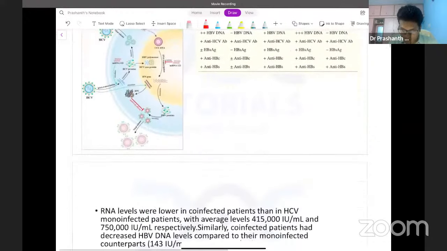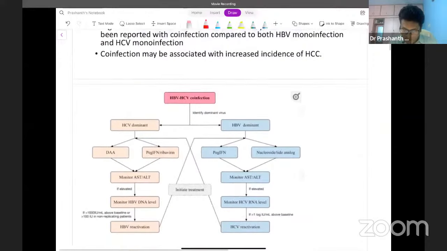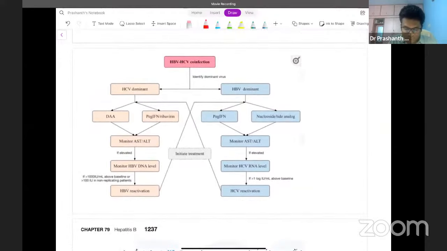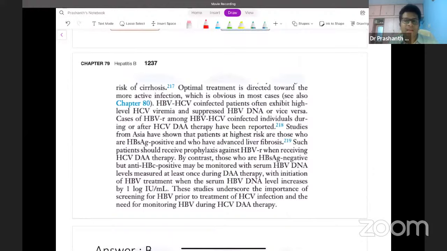Okay. Then there is some data which says that based on this you can treat for both of them. This is a simple chart which tells you to see the values of RNAs and DNAs, then take a call, and then start initiating treatment. But what we have to stick to is this particular line from Schlesinger, page number 1237, chapter number